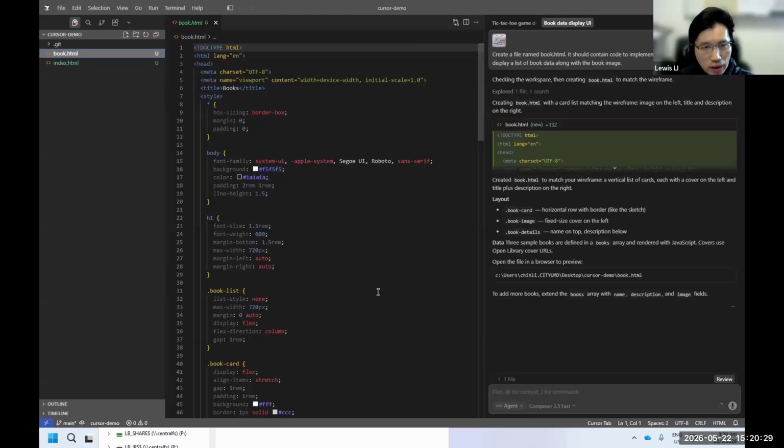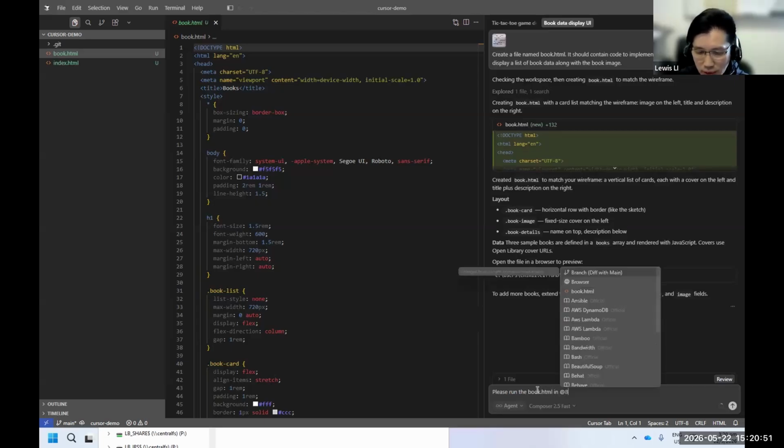So if you want to see the HTML page, you can either open it with your Chrome, or you can say, please run the book.html in browser.